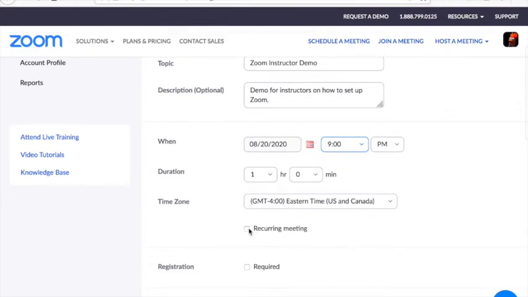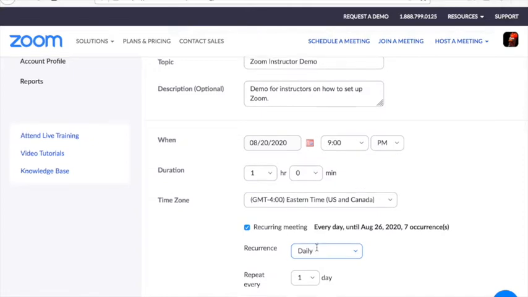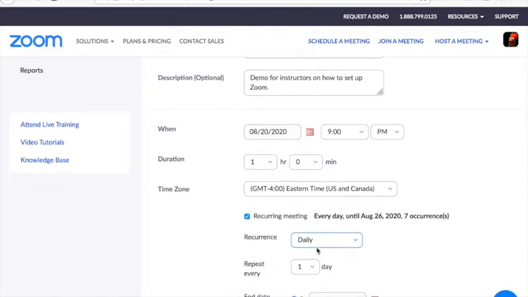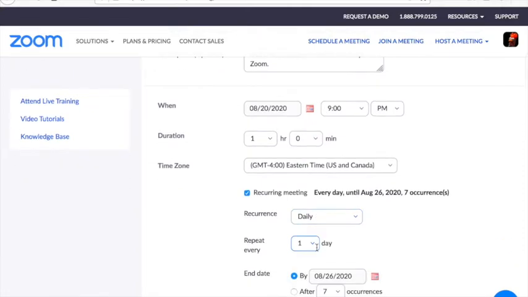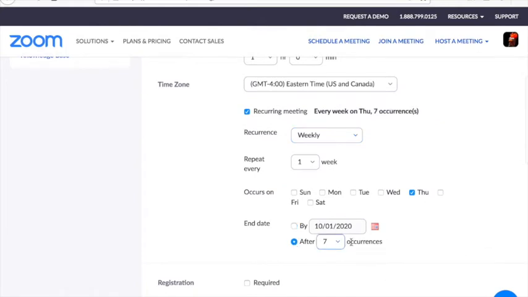If you want, you can make this a recurring meeting. This is particularly helpful if you're holding office hours once a week and you want it set up the same way, discussion sections, that sort of thing. This just ensures that once you have your settings correct, it's going to be duplicated. So let's say that this is actually going to be a discussion section. So I'm going to do it weekly, and I'm going to end it after